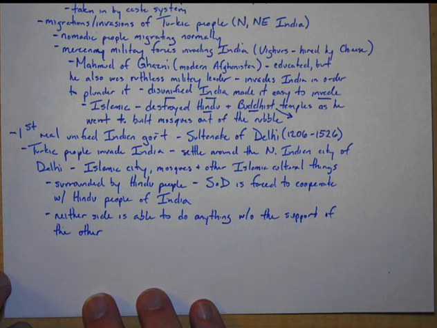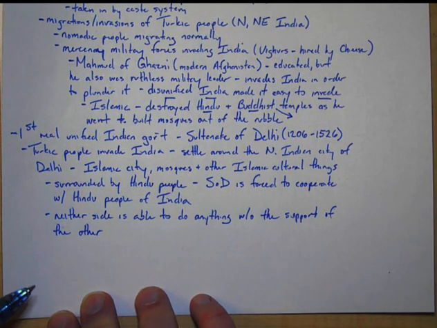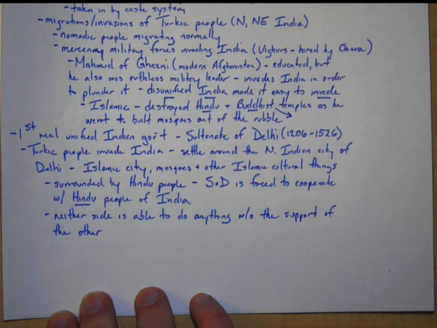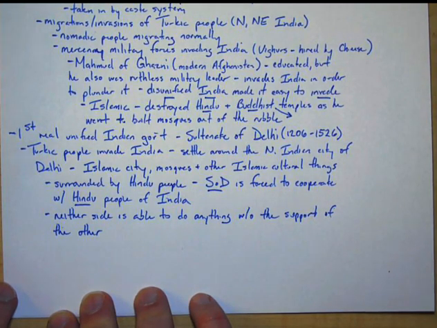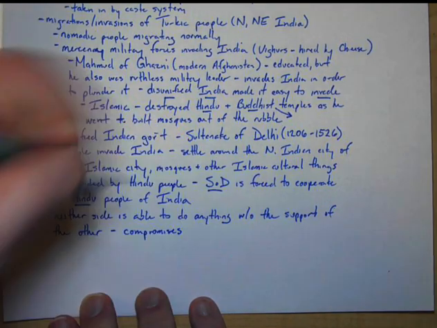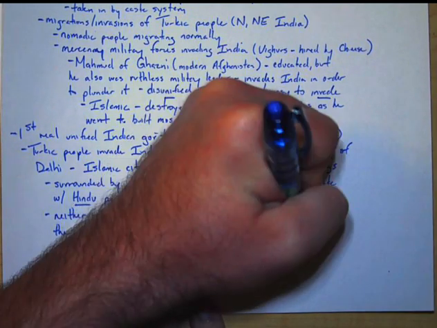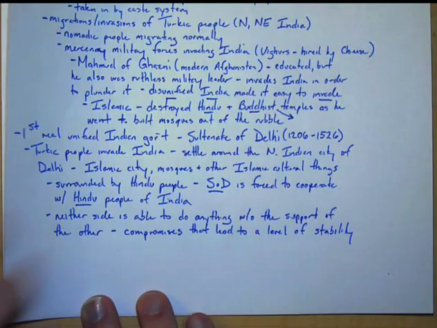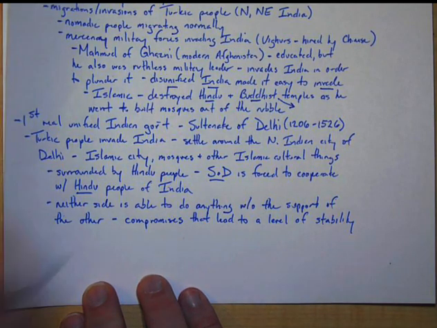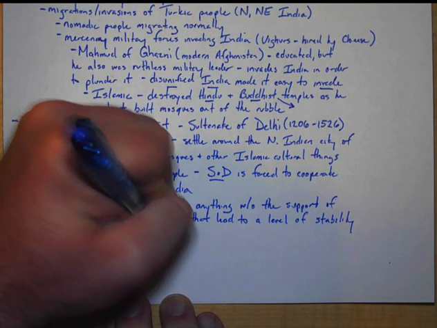So if the government of the Sultanate of Delhi wants to do something outside of Delhi, like collect taxes or raise an army, then they need to do those things with the cooperation of the Hindu people. And if the Hindu people want something from the government in Delhi, well, it has to be acceptable to them. And so what you get is a really nice kind of set of compromises that lead to a level of stability. Like, neither side is really happy that the other is there, but they do seem to work well enough